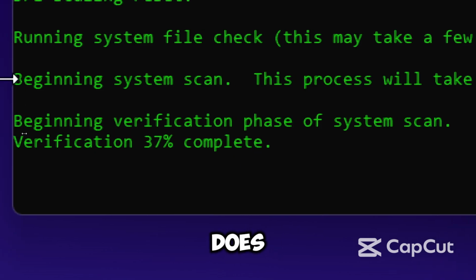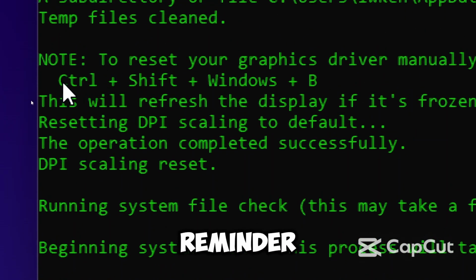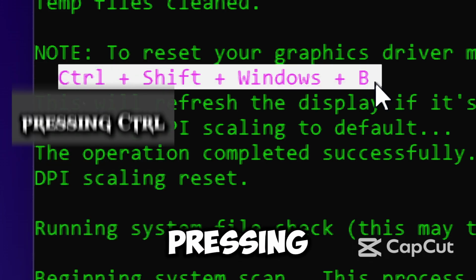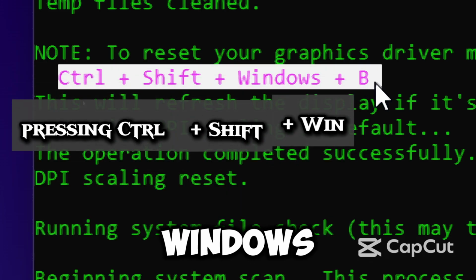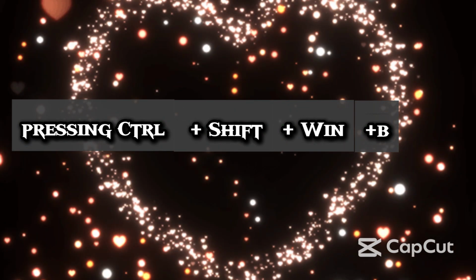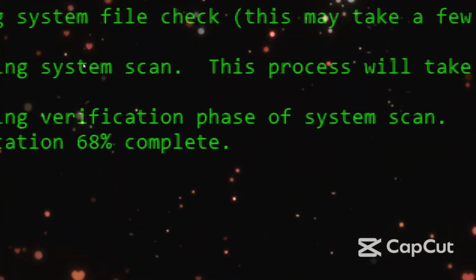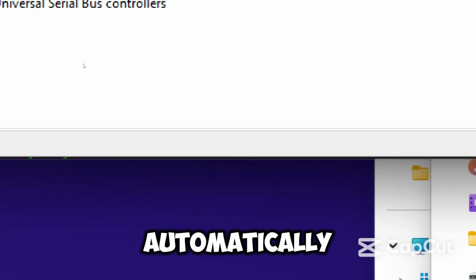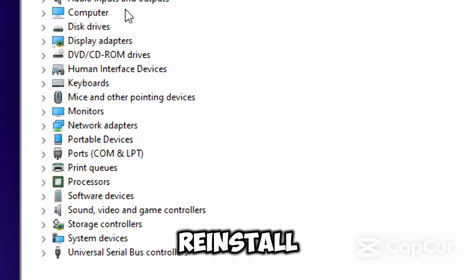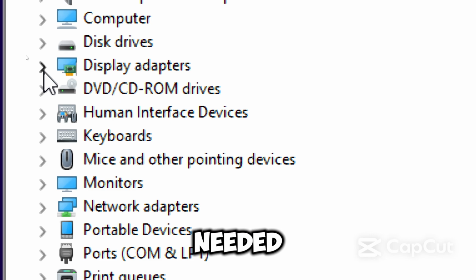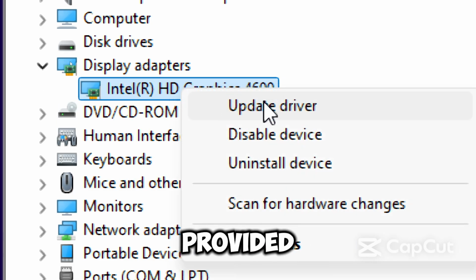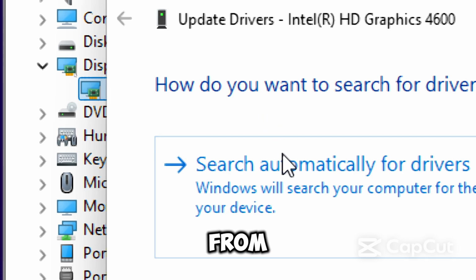The next thing it does is give you a quick reminder to reset your graphics driver manually. You can do that instantly by pressing Ctrl+Shift+Windows+B. And finally, it opens Device Manager for you automatically, so you can quickly update or reinstall your display driver if needed. On updating your driver, you will be provided with the option to search for updates from your computer